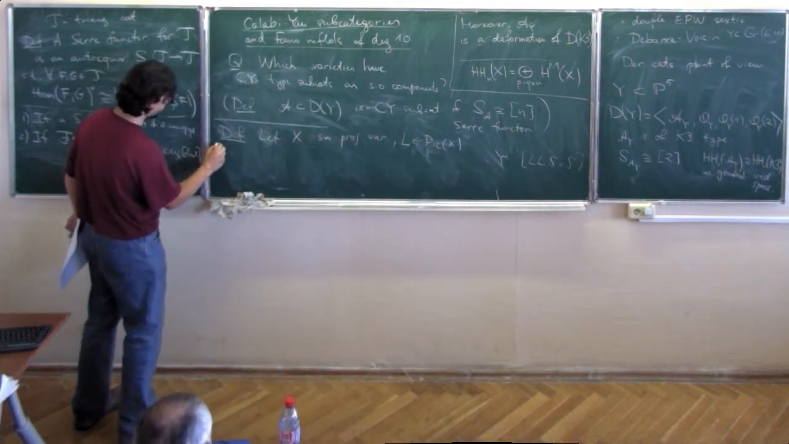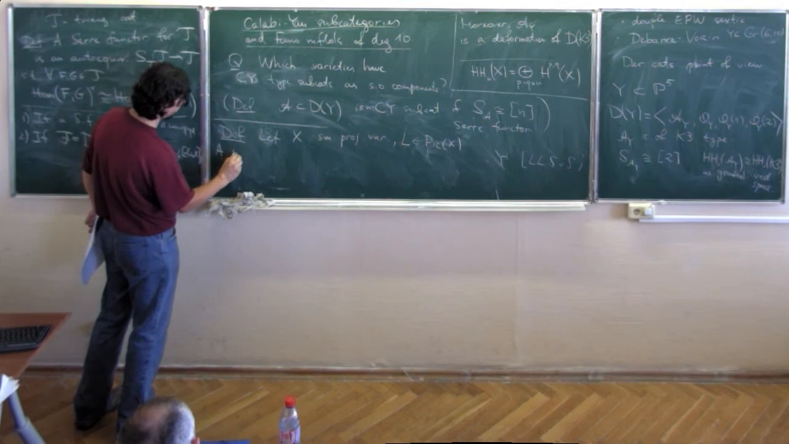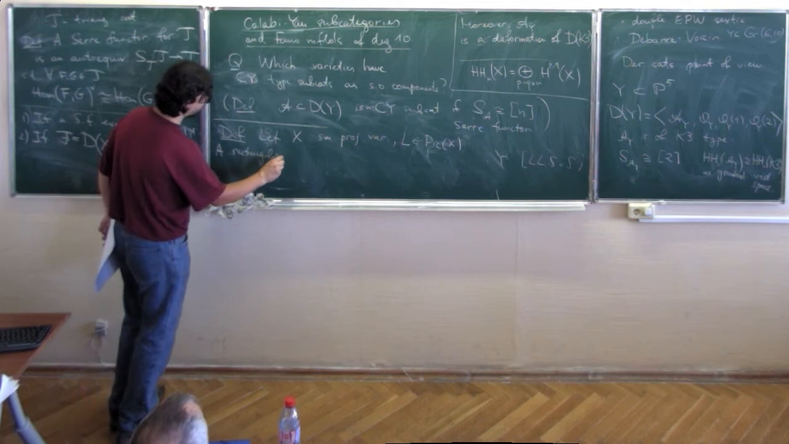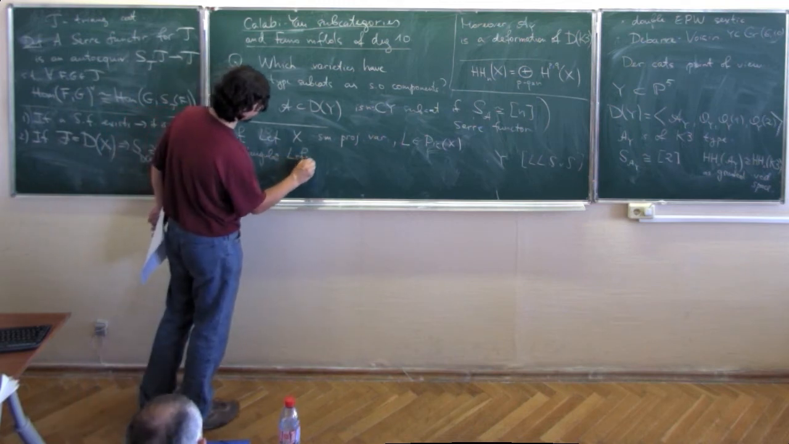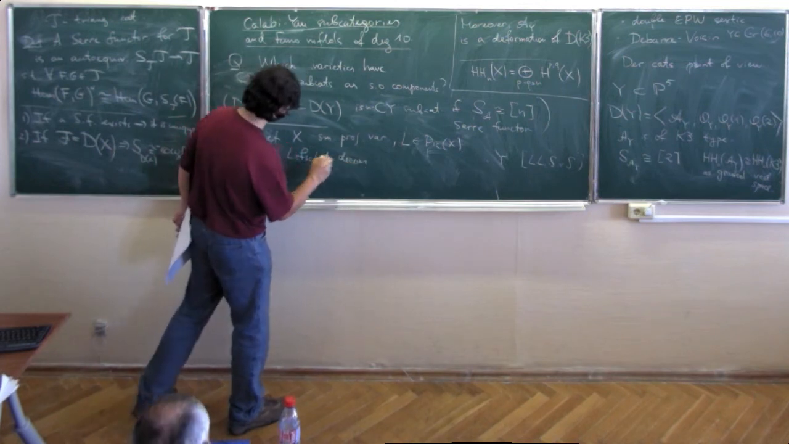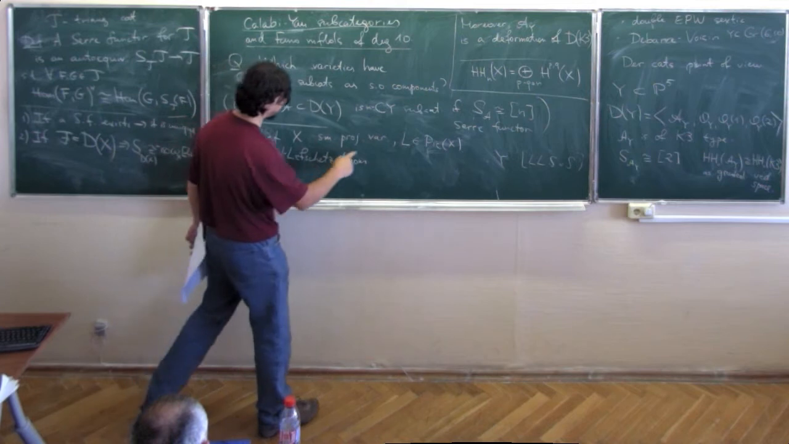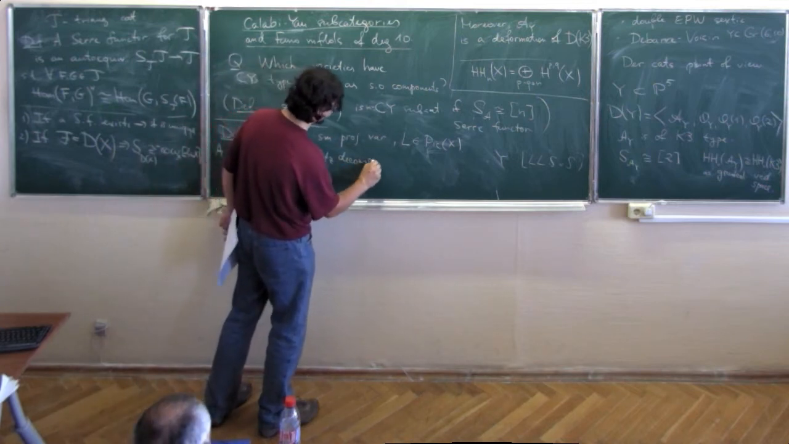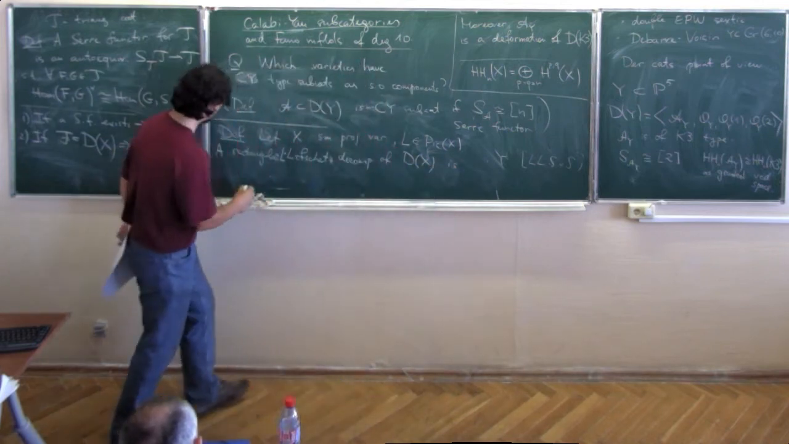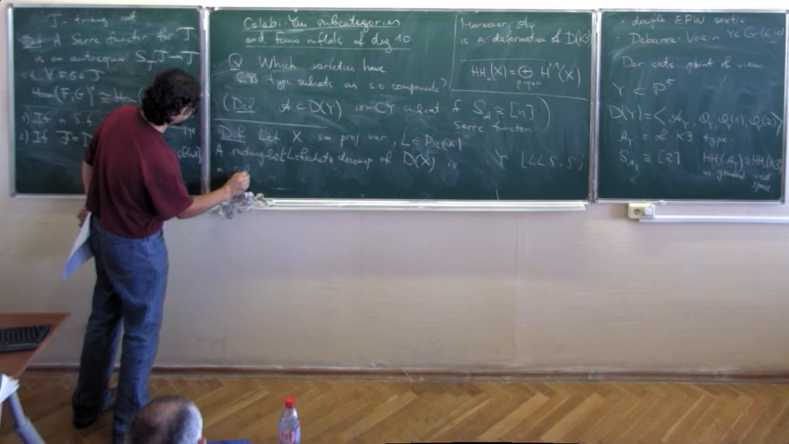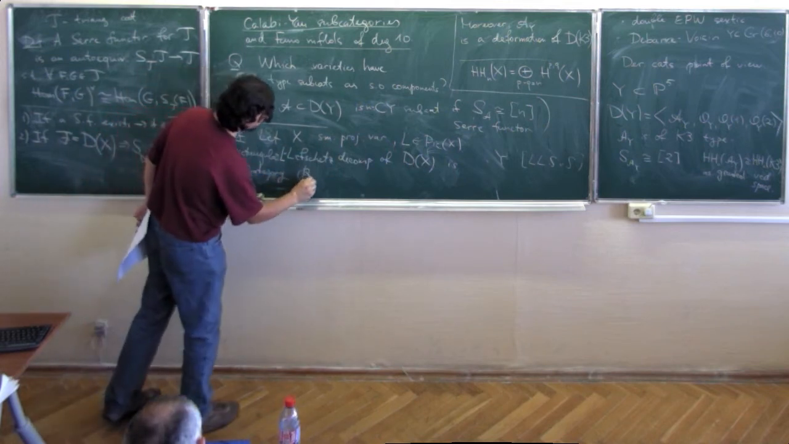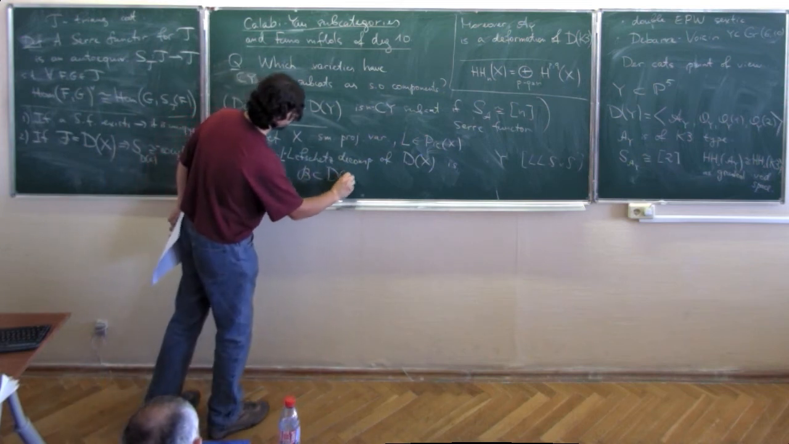So I will say that a rectangular Lefschetz decomposition, maybe let me say L-Lefschetz, meaning with respect to this line bundle L, decomposition of D of X is just a subcategory B in D of X such that